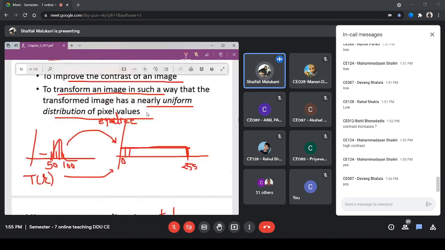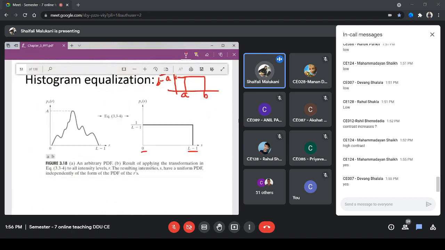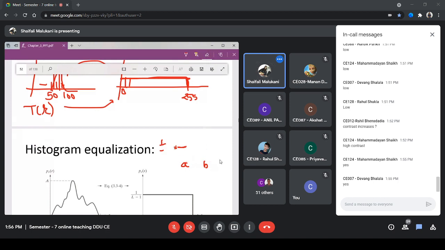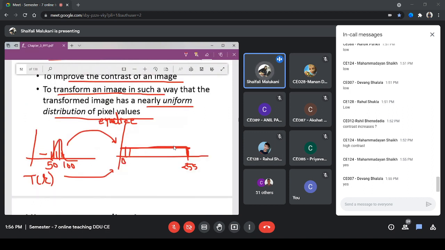Right now we were working on histogram. I will come back to this. Now what I was telling you: I want this type of shape. Can you tell me, if I am having a uniform shape of histogram, what kind of shape of PDF will I have? What nature or distribution will that PDF have?